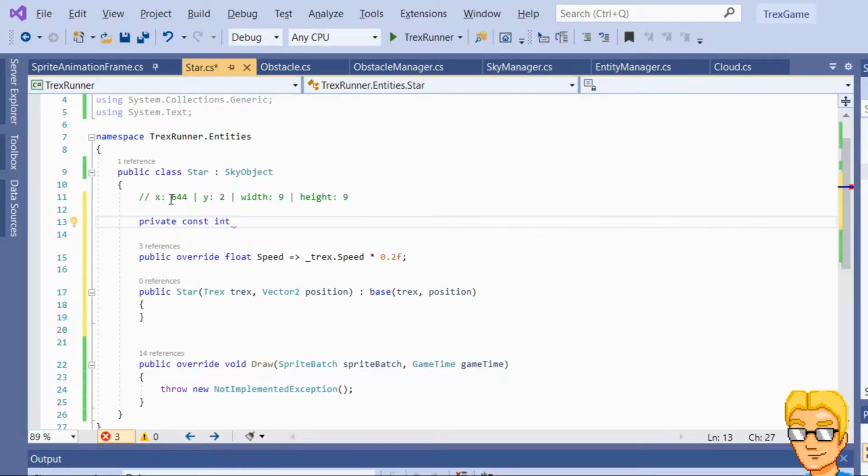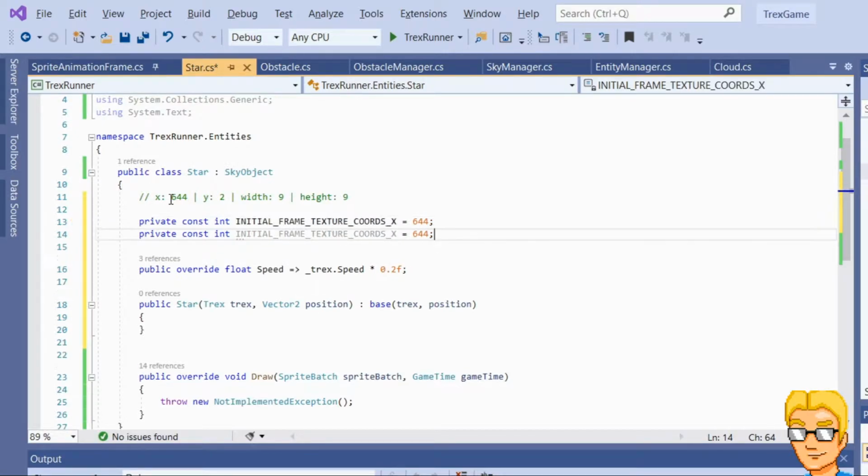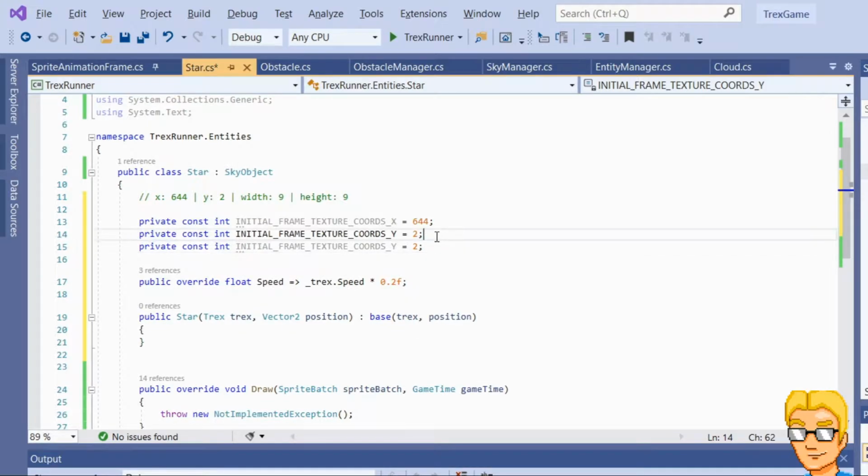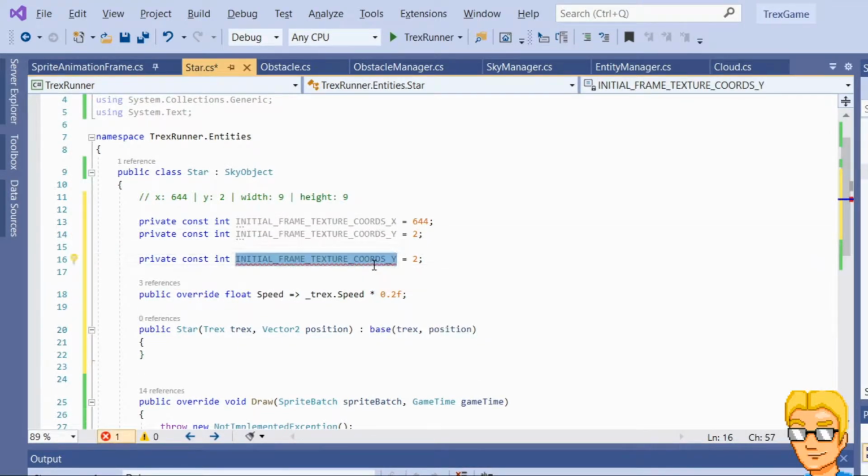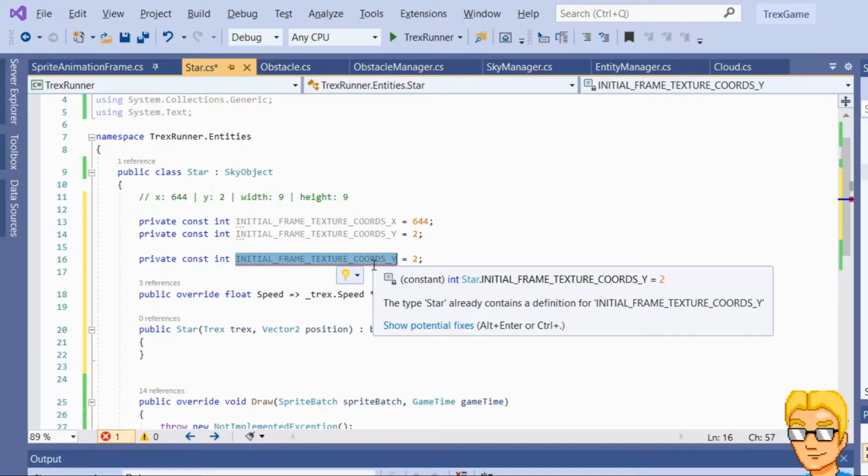Let's say private constant integer, initial frame texture quartz x, 644. Duplicate this, rename it quartz y, set it to 2, and then another pair of constants,